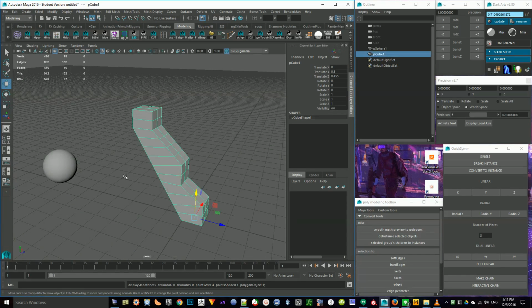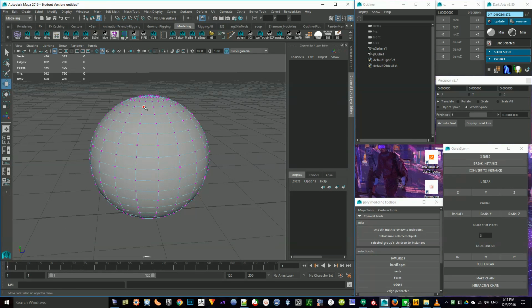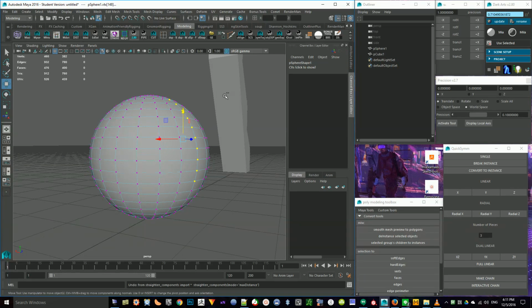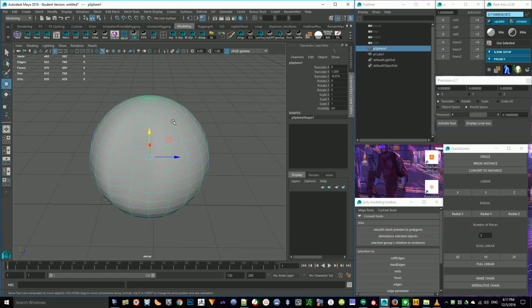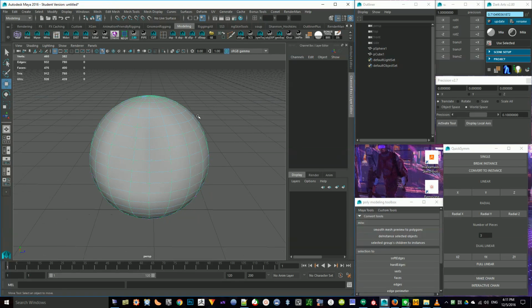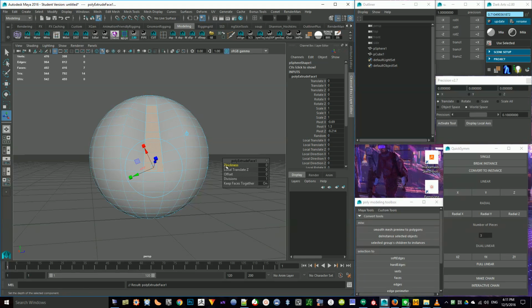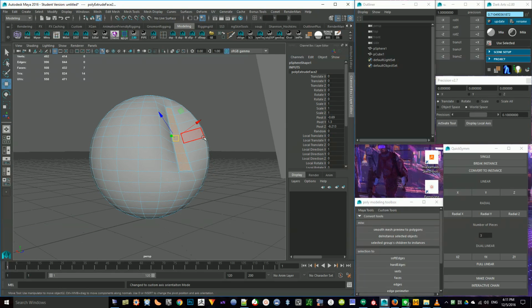I don't use it too often, but it can be handy at times. It works on curved surfaces just fine. So if I were to select these and do that, you can kind of see it working there. And there, and it might be a good way to sort of